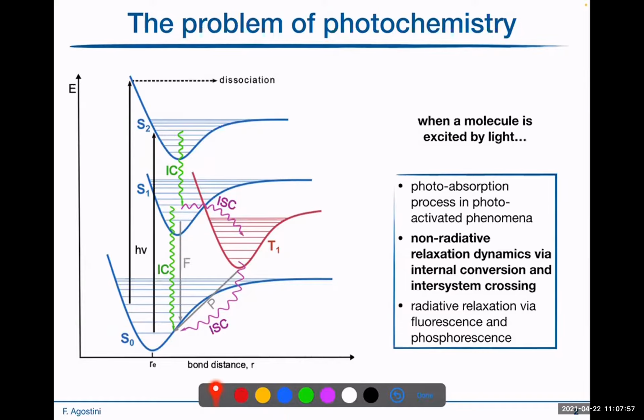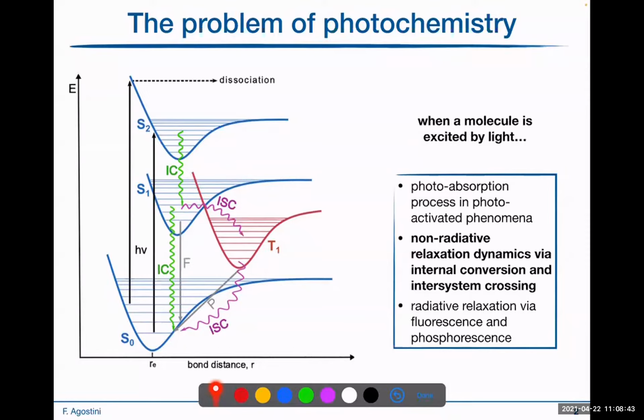These pathways are mediated by the non-adiabatic couplings between electronic and nuclear motion. These events happen beyond the Born-Oppenheimer approximation, or beyond the Born-Oppenheimer regime. In pink, instead, are the intersystem crossings, which take place between electronic states of different spin multiplicity and are mediated by spin-orbit coupling. It's these events, internal conversions and intersystem crossings, that we would like to be able to describe with a molecular dynamics scheme